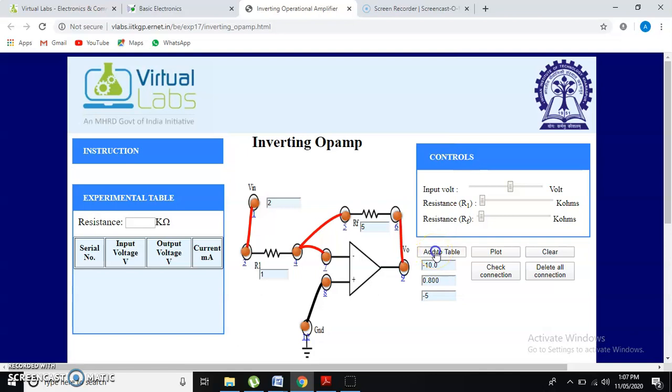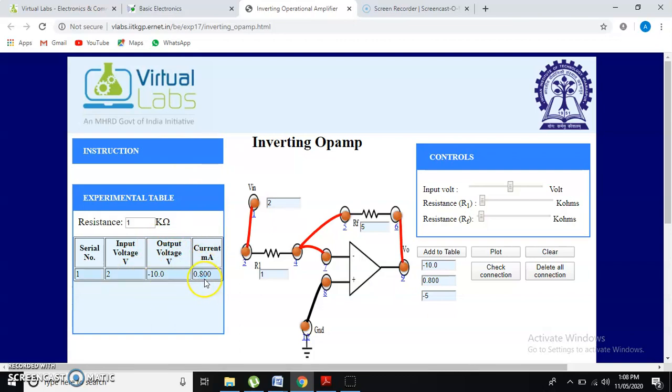First we'll add the value into the table. Okay, so now see, input voltage is adjusted to 2 volt, right? According to our gain, the gain of the amplifier is minus 5. And what is the gain formula? Gain is equal to VO by V in. So minus 5 is equal to VO by V in. V in is adjusted to 2. It is in division, it will shift to the gain side and become multiplication. So obviously the calculation will come out to be minus 10 volt. Minus 5 into 2 is minus 10 volt. So the output voltage is minus 10 volt.